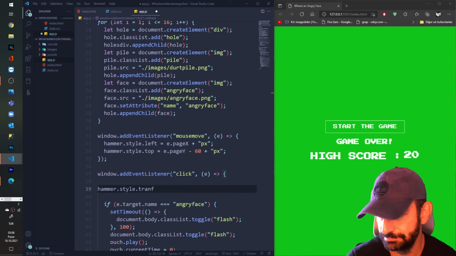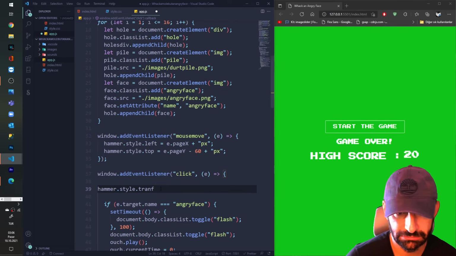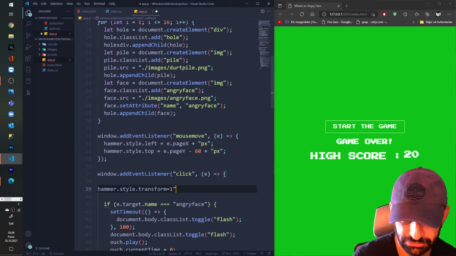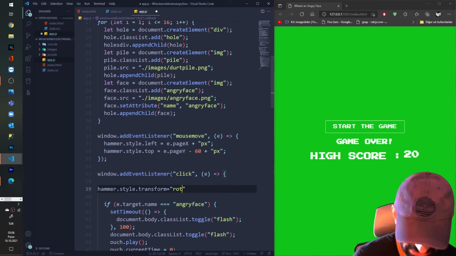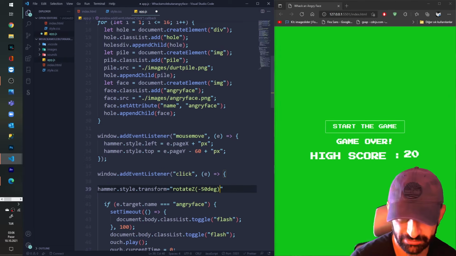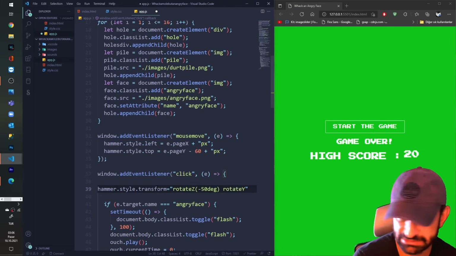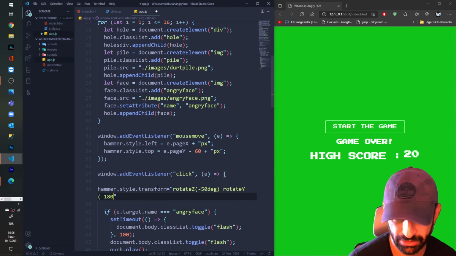Set my div. Transform equals to rotate Z index minus 50 degrees, and I'm gonna give some rotation to Y axis to minus 180 degrees,